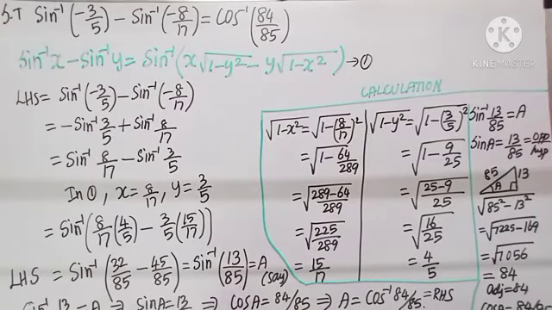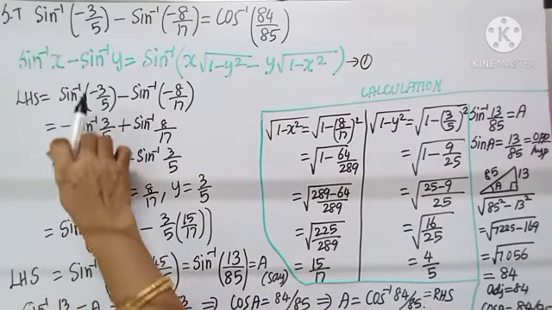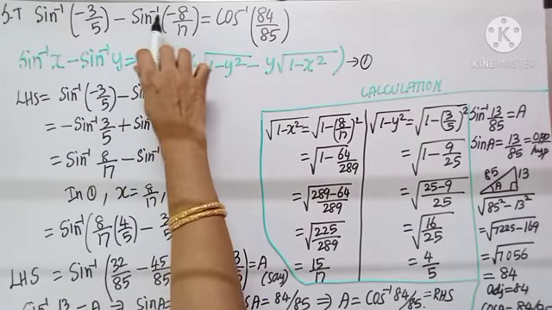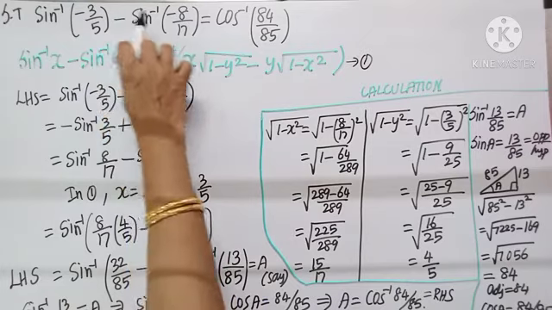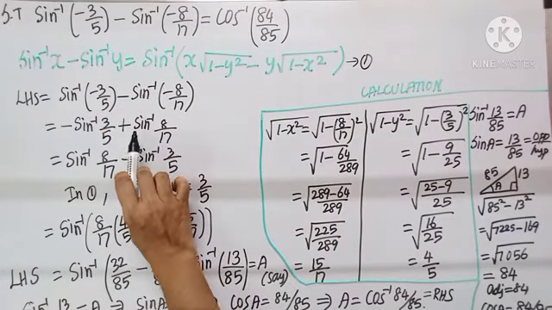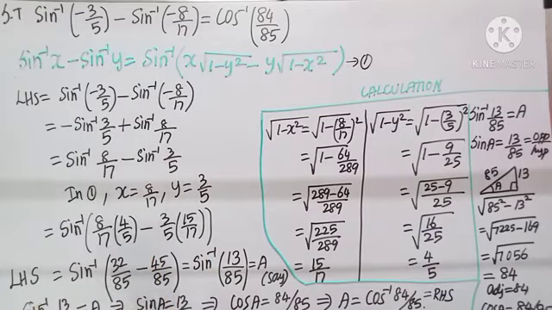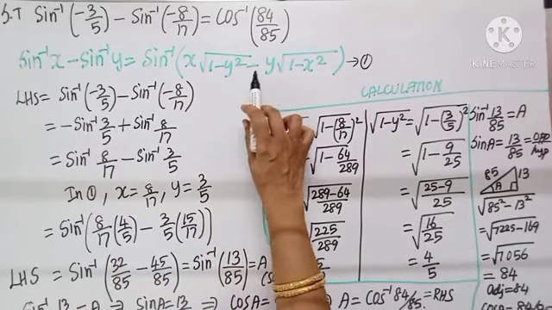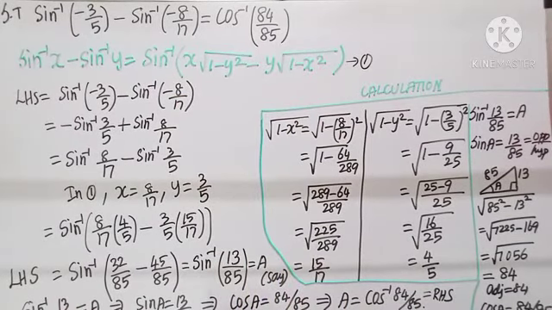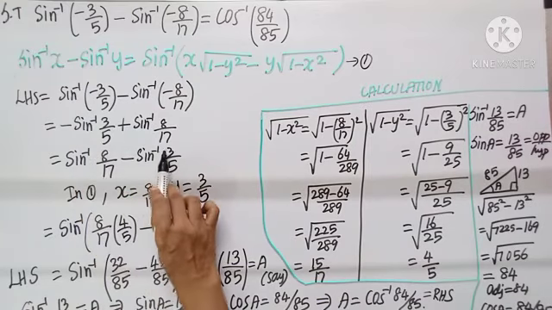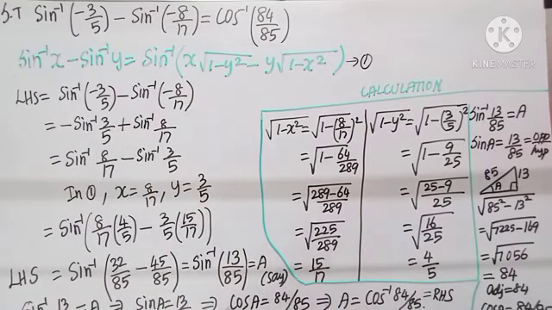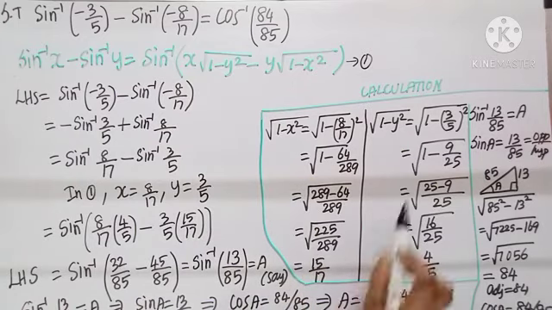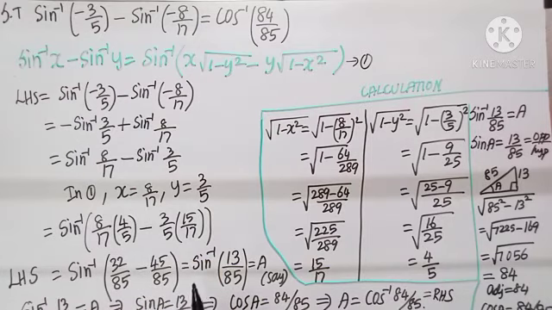Let us run through the problem once again. Given sine inverse negative symbol, bring minus out. Bring sine inverse negative symbol out gives me minus into minus plus. This reduces to the formula sine inverse x minus sine inverse y. We read the formula sine inverse x root of 1 minus y square minus y root of 1 minus x square. As I know x is 8 by 17, y is 3 by 5. Substitute root of 1 minus x square and root of 1 minus y square. As we substitute, we are left with sine inverse 13 by 85.